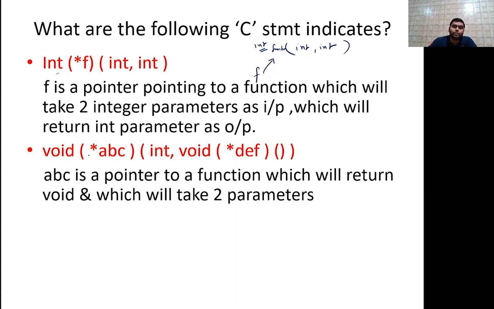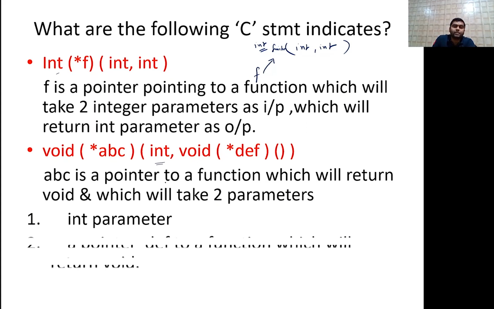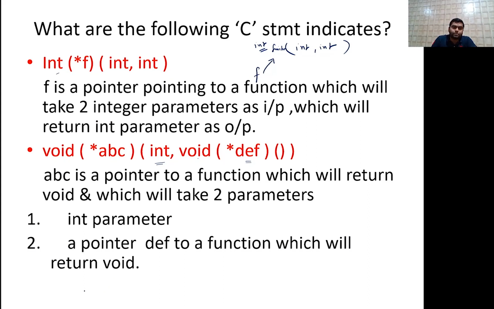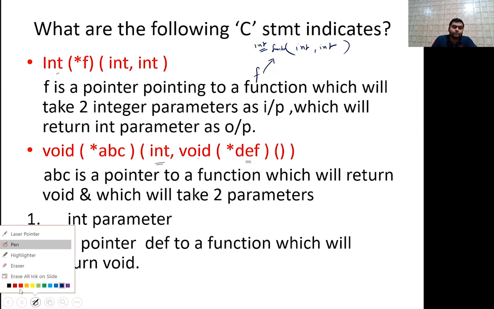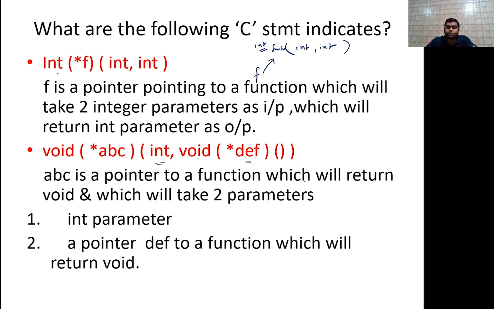So that's why it is void. So it is written abc is a pointer, okay, to a function which will return void and which will take two parameters. So what are those two parameters? The first parameter is what? Integer, and the second parameter is what? The second parameter is a pointer def to a function which will return what? Void. So this, if I pictorially draw this, then it will be clear to you.